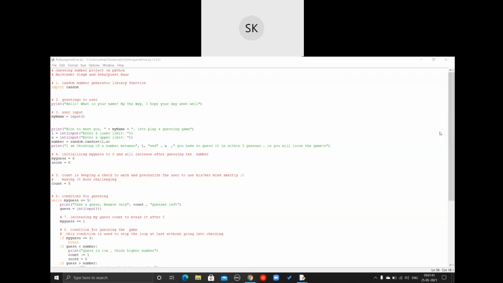Sajpreet, I just have one question for you. What was the initial thought that came to your mind before creating this project? We thought to make it a bit more challenging. I played a game in which the limit was already given, that the user can guess a number between 1 to 20 only, and there was no scorecard. I played the game, so I had a few things in mind that I wanted to put in. So we did it, and I'm pretty happy with the outcome.